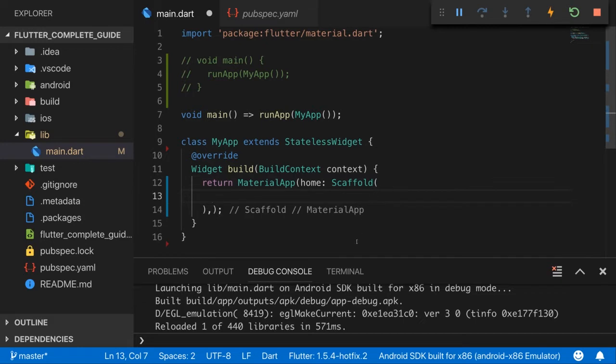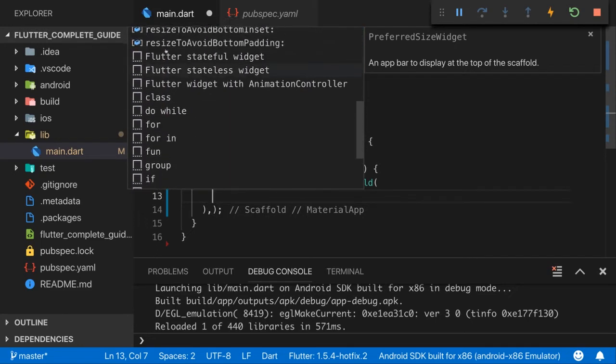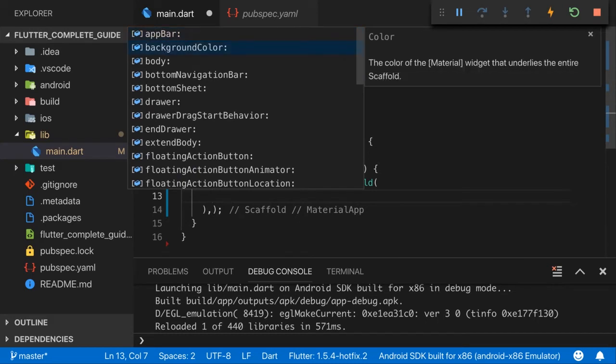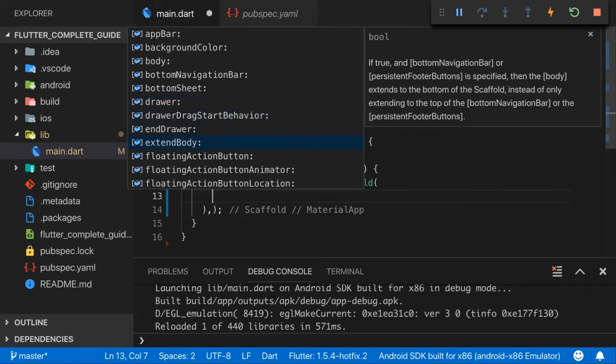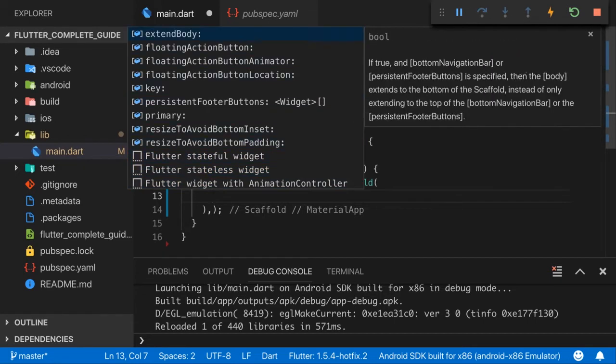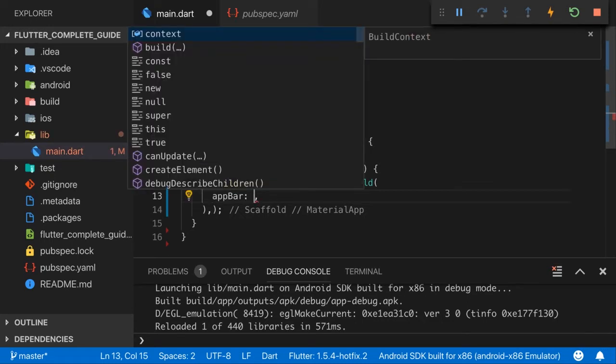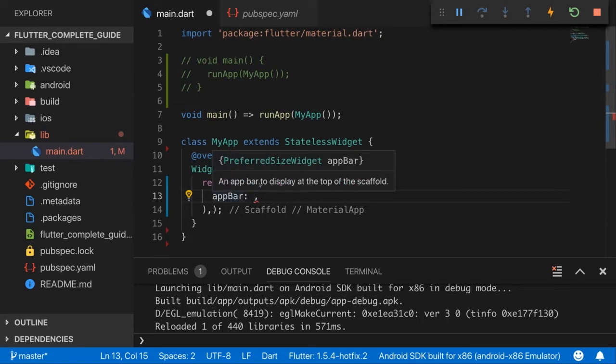Scaffold also has a couple of named arguments, and you can always hit Control Space to get some auto-completion in the IDE and get a list of the named arguments that are supported. And here you can also cycle through with the arrow keys to get some help and some explanation of what each of these named arguments does. Now, there are tons of arguments, and typically you only use a few of them for each widget you're creating. And here, for example, we could add an app bar and then a body. Body is basically the main content of the page, and the app bar, as the name suggests, is the bar at the top. So here we can add app bar, and now again, app bar, if we hover over that,